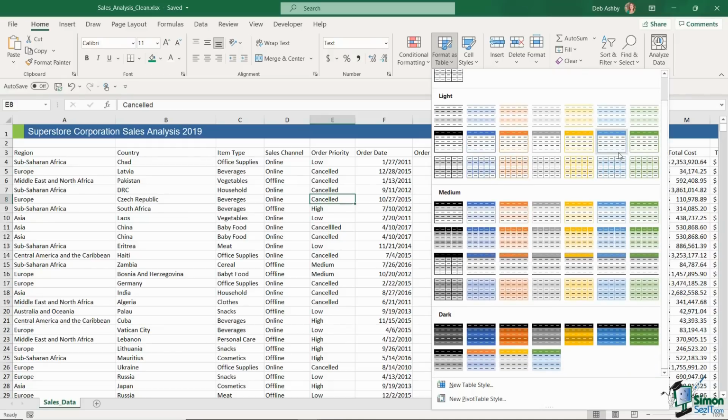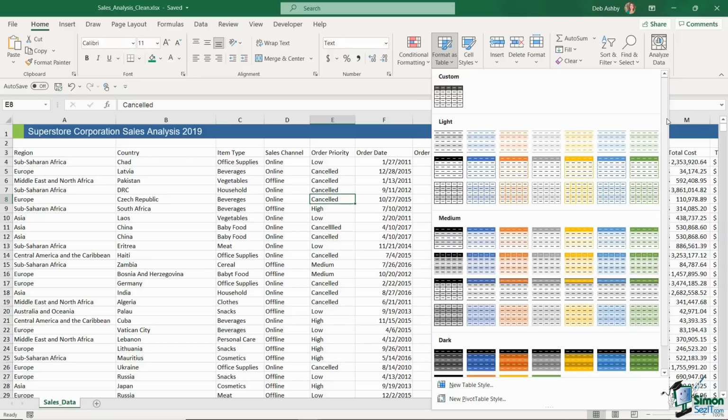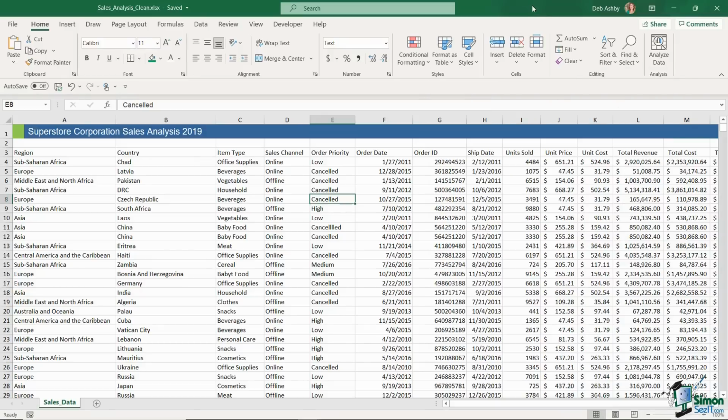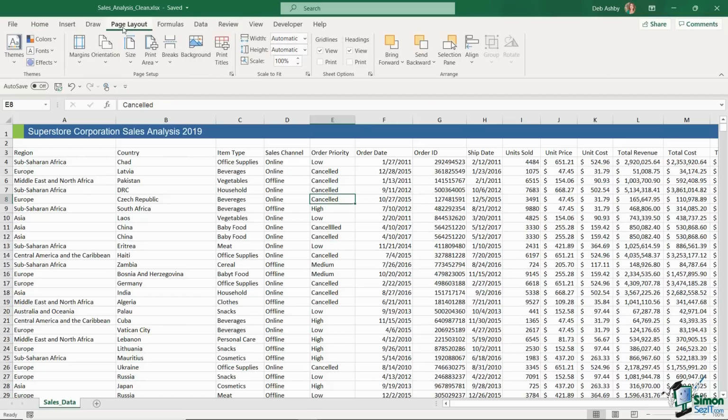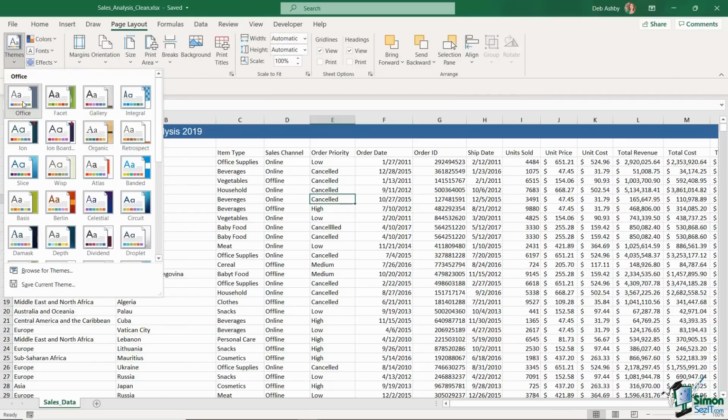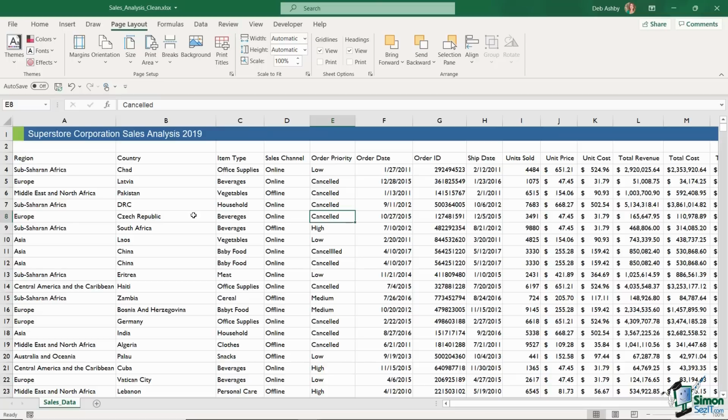Now, the colors that you're seeing in here, these are determined by whatever theme you're using in Excel. And if we just go off and take a look at the theme that I'm using, we can find that on the Page Layout tab. In the first group just here, if I click Themes, I'm using the Office theme, which is the default for Excel. If I was using one of these other themes, so let's say Gallery, for example, you can see that